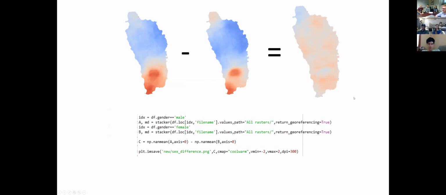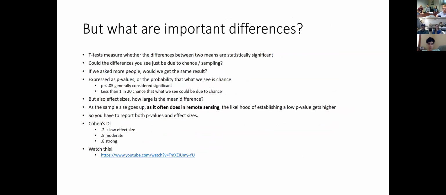But the next good question is which of these are statistically significant. Just because we find a difference doesn't necessarily mean that it's real, right? That could have just happened because of the people we happen to talk to. And so we have to use statistics to dig into that and see how robust we think these results are. Essentially, the way we would do this in statistics is to use a t-test. We would compare sample A and sample B, and run a t-test to see if there are any differences. We'd be looking at whether the p-value is less than 0.05, but we'd also be looking at